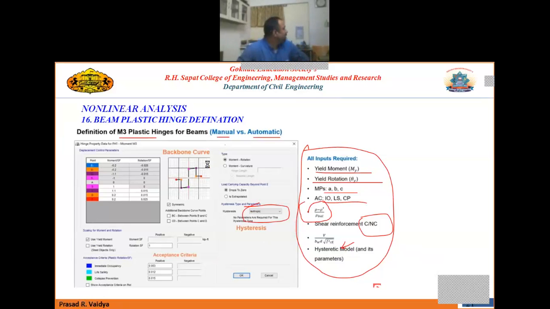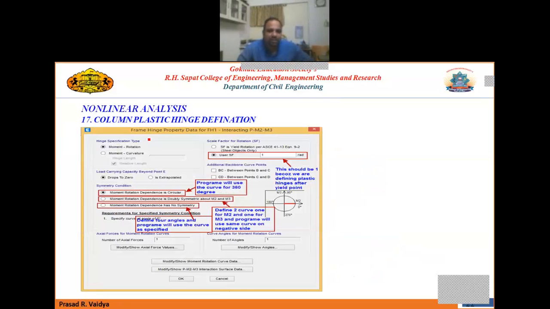Now let us quickly look at the column plastic hinges, because